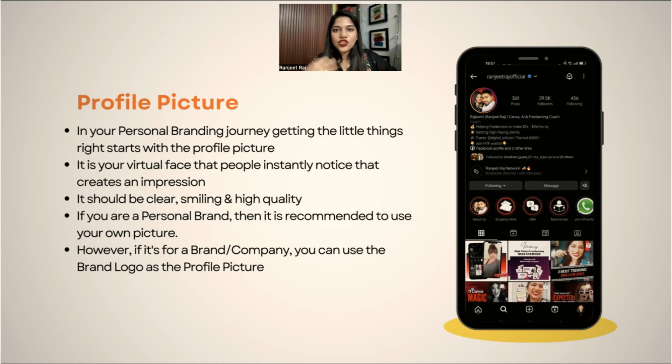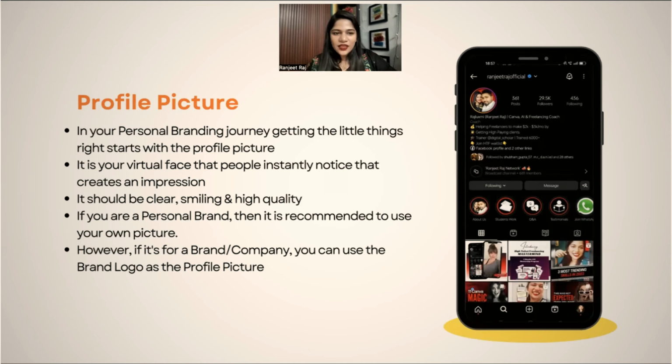Of course, the one which is clearer, where you can see that it's a real person rather than the other fishy one, right? So make sure that the picture is clear, it is smiling, and it is high quality. Phones give you very good quality photos nowadays, so you don't need a DSLR for a good photo. And of course, you have filters. I love filters. And if you do too, go ahead and click a nice picture, add the desired filter, and